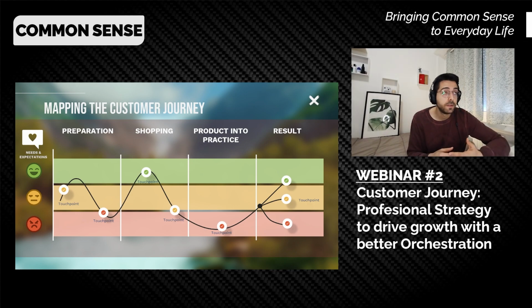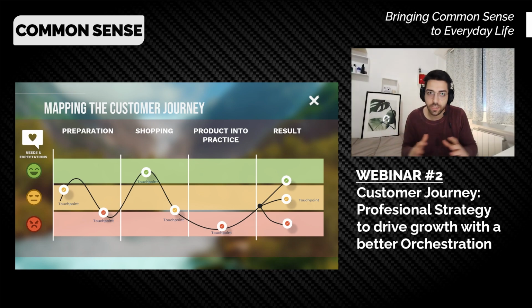What is going on? Then you go into the research and the consideration of options, things become a bit clearer, and you're starting to see light at the end of the tunnel. It's a good touch point, you're happy because you almost have something bought. But then once again, the product comes to practice: you need to go to the shop, go around, or type more things online, and then you need to buy. You need to pass the credit card, you don't have the right color, you don't have exactly what you wanted.